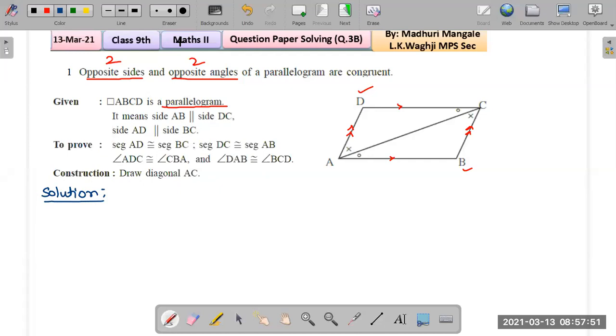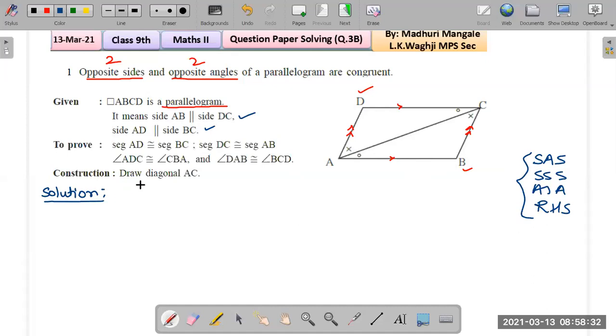We prove that by showing that these two triangles are congruent. And how do we prove that the triangles are congruent? By using the SAS rule or SSS or ASA, or it can be RHS, right? In this case, we have only the sides being parallel. To prove the triangles are congruent, we need three congruent parts, but here we don't see anything equal or congruent, so we have to use these parallel sides.